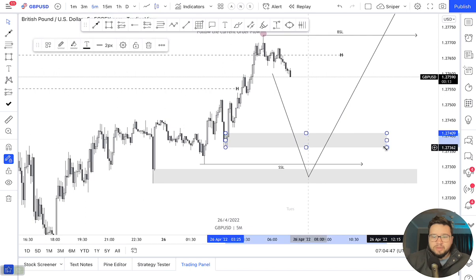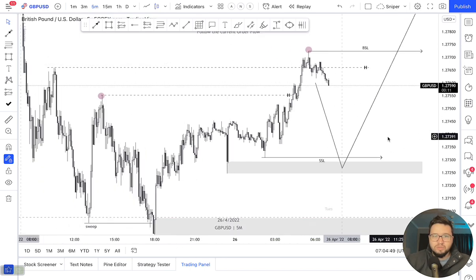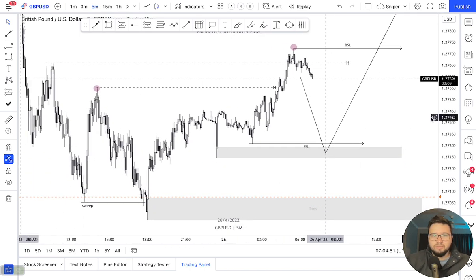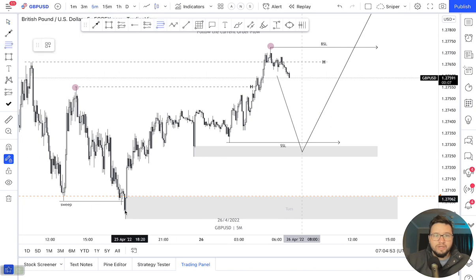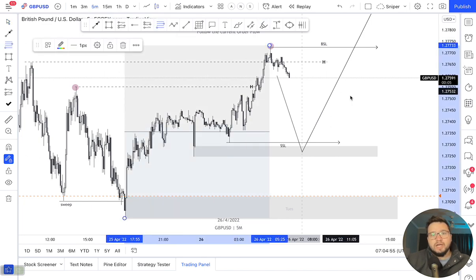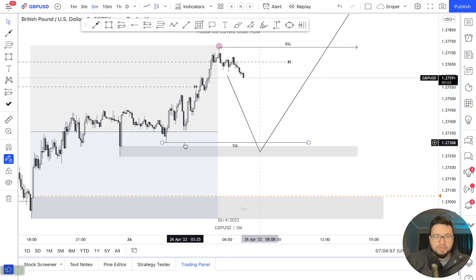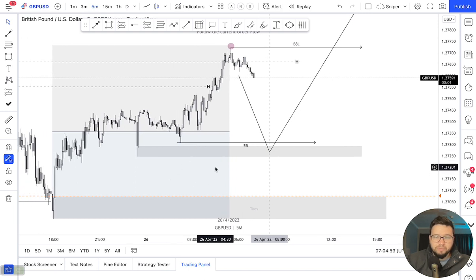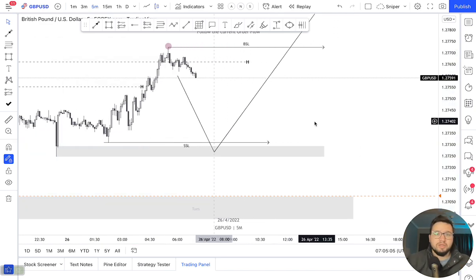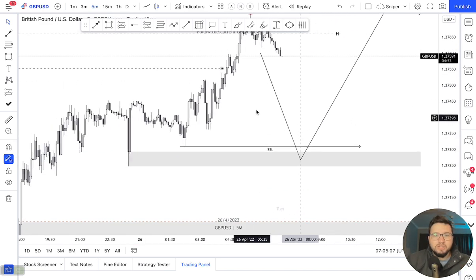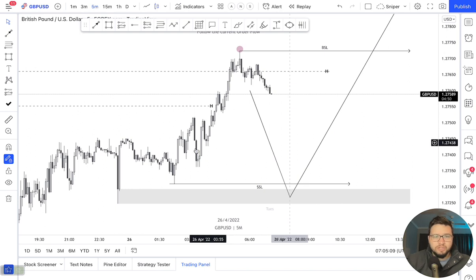Keep it simple. Like I said, the highest probability ones are the ones that are in the discounted pricing. So we have our range from low to high, and we're primarily looking for price action in this bluish area for POIs or zones or whatever you want to call them in this area before we take the long towards the upside. Now I'm just going to quickly jump to the lower time frames